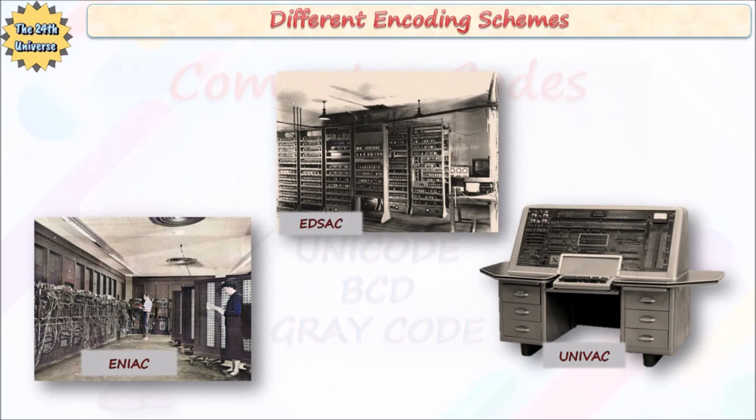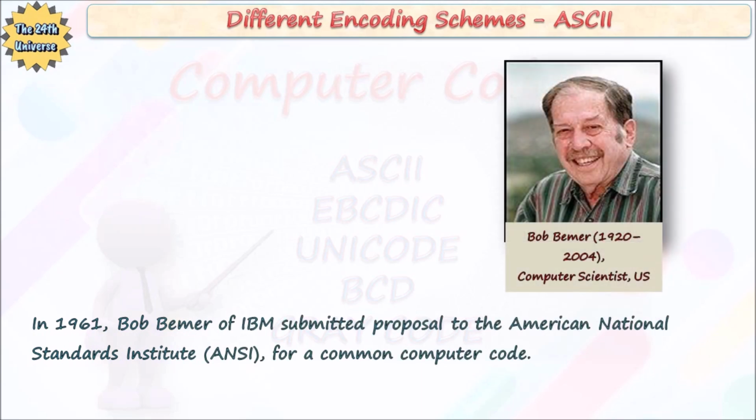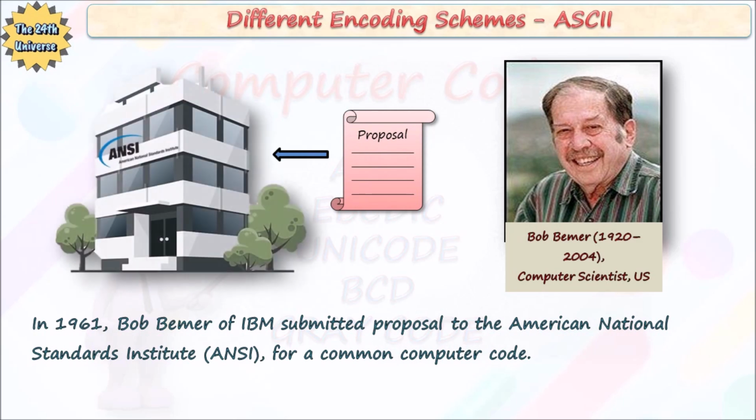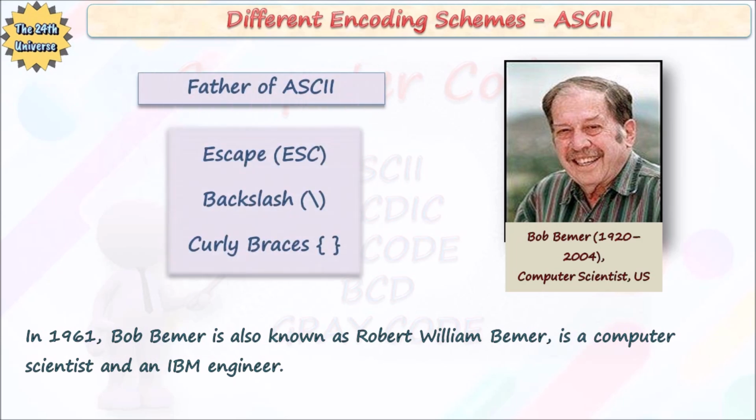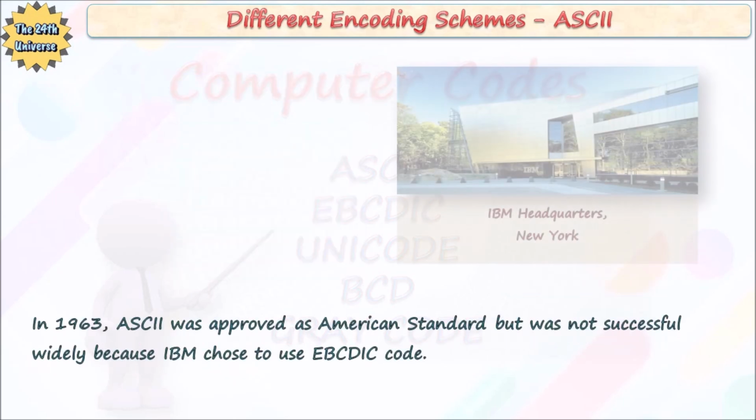In the 1950s, when the ENIAC and other computers were around, these different makes and models of computers could not communicate with one another. Each computer manufacturer represented alphabets, numerals, and other characters in their own way, mostly BCD and others. Remember, when I say BCD here, I refer to BCD for character encoding or BCDIC and not BCD for numeric code representation. So, in 1961, Bob Bemer of IBM submitted a proposal to the American National Standards Institute, that is ANSI, for a common computer code. Bob Bemer is also known as Robert William Bemer. He was a computer scientist and an IBM engineer. He is sometimes also known as the father of ASCII because he introduced the escape sequence character, backslash, and curly braces characters. In 1963, ASCII was approved as an American standard,